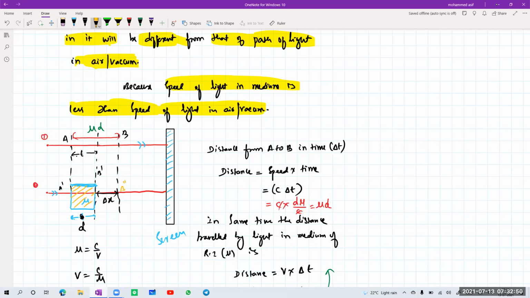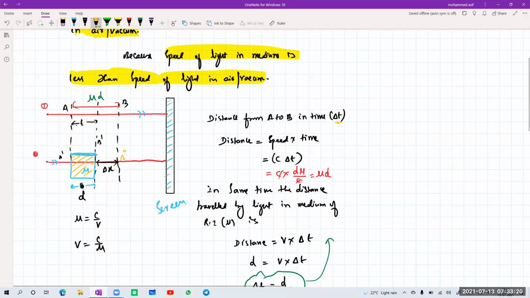అర్థమైందా? A to B వరకు ఎంతైతే distance ray of light in air లో travel చేస్తుందో అదే distance, when I'm keeping some sheet it has to travel, అంటే it needs to travel some extra distance of that one plus this distance. Now see, I'll try to do for the first one and get clarity. Distance from A to B in a time delta t అనుకుందాం. A to B in time delta t లో ఎంత పోతుందంటే distance is equal to speed into time. Your speed is nothing but the speed of light కాబట్టి c. In how much time I'm calculating? Delta t. Isn't it? So this is the distance formula.